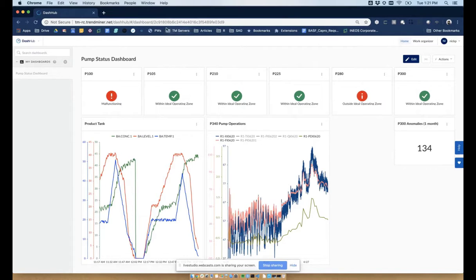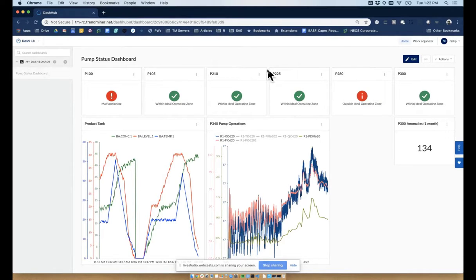So right now we're looking at a dashboard primarily of different pump statuses, but there's also some other KPIs in our plant here. So we can see that in the top row, we have a certain pump status monitor tile that indicates whether we're operating in the ideal operating zone or whether we're malfunctioning. So those are things that I've set up previously, that I've defined what a normal operating zone looks like, what a pump should look like, based on some key KPIs and some sensors around the pump. But part of this demo will actually be showing you how I did that.